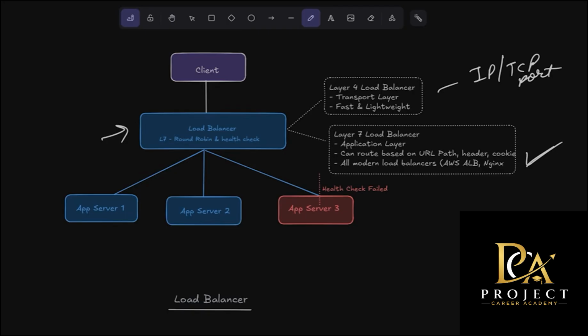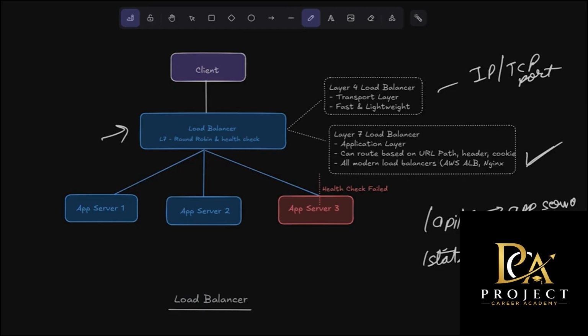For example, a URL saying /api/users can be routed to application servers, while a URL with /images/logo.png can be routed to a file server or a CDN. Because it inspected the contents, it makes far more intelligent decisions. It understands what the request is trying to do before deciding where it should go.